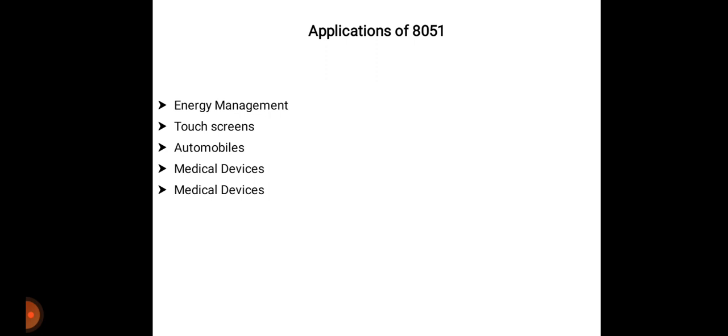The next application is automobile. The 8051 controller has discovered broad recognition in supplying automobile solutions. These are extensively utilized in hybrid motor vehicles to control the engine variations. Also functions such as cruise control and anti-brake mechanisms have been created and made more capable with the amalgamation of the microcontroller. So these are some automobile applications.